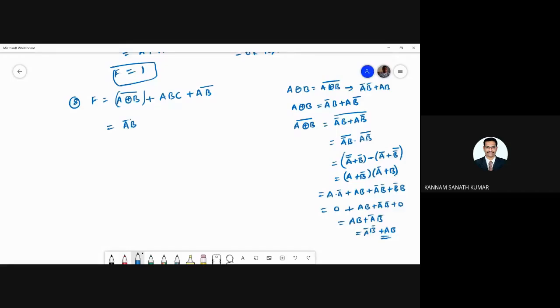A XOR B whole complement equal to, you can write A bar B bar plus AB plus ABC plus A bar plus B bar. Okay, so here what I did, De Morgan. Okay, I applied the De Morgan's law. Okay, so now commutative. So this is A bar B bar plus A bar plus B bar. Okay, write these two terms after A bar B bar. Okay, plus AB plus ABC. Okay, this is